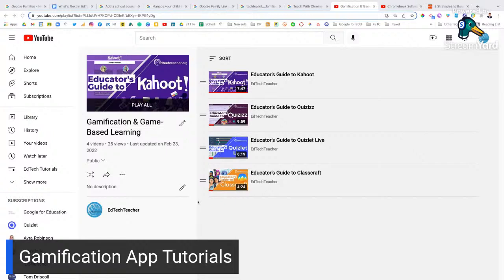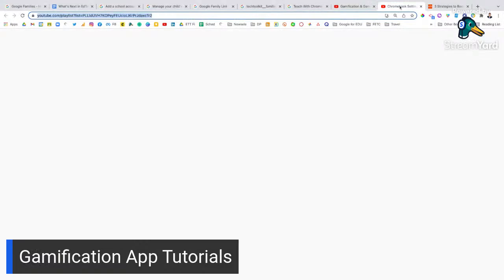Just as a quick preview, I'm working right now on two other ones that I've seen grow in popularity enormously the last couple of years, and that is Blooket and Gimkit. I've heard of Gimkit in the past, and I explored it a bit, but Blooket came out of nowhere. Almost every school that I work with now, there's somebody using it. I was under the impression that Blooket was an elementary school thing, but I've seen teachers using it all the way up into high school. So keep an eye out for those. I'll be adding all of those to our gamification and game-based learning series. I just want to turn it over to Avra to share what she's been working on.